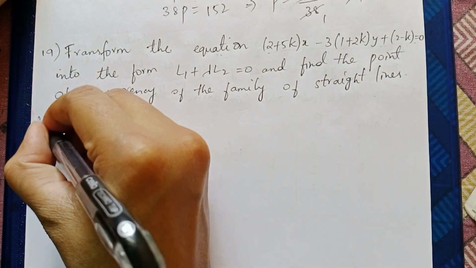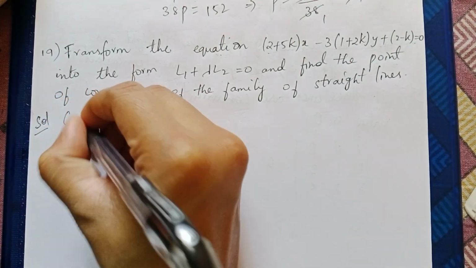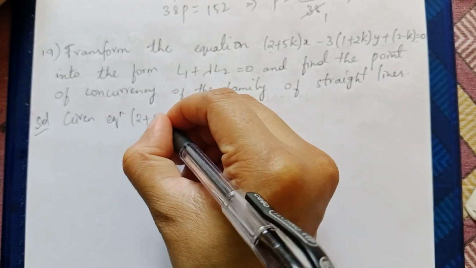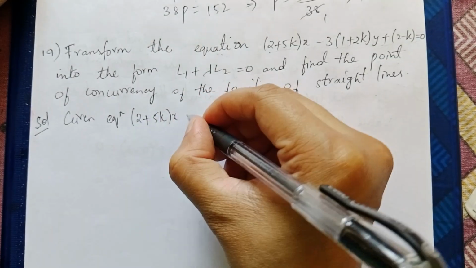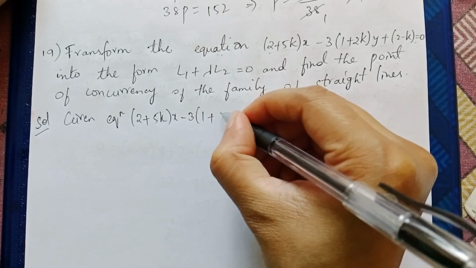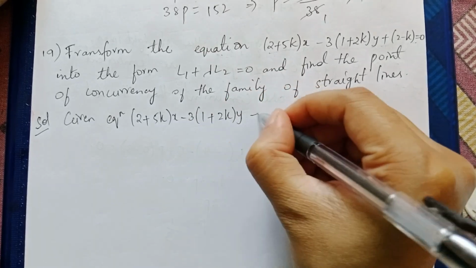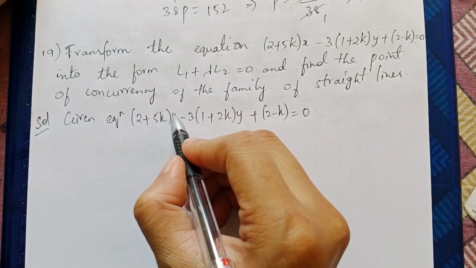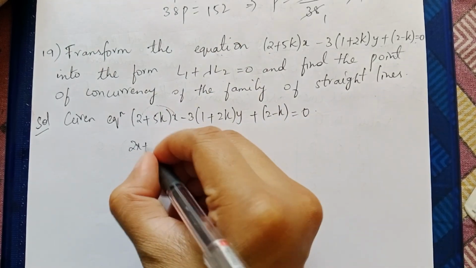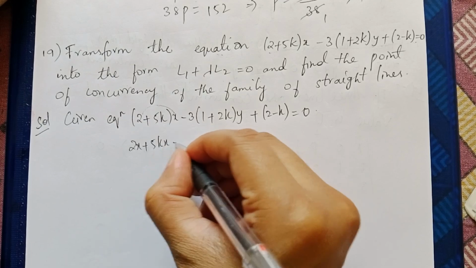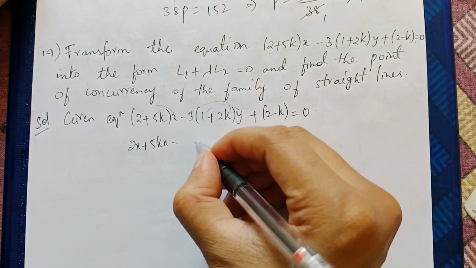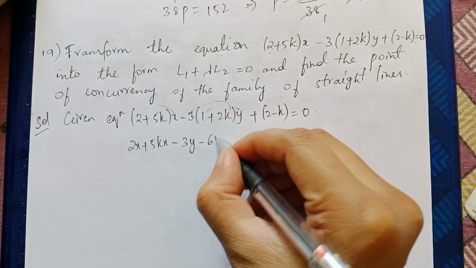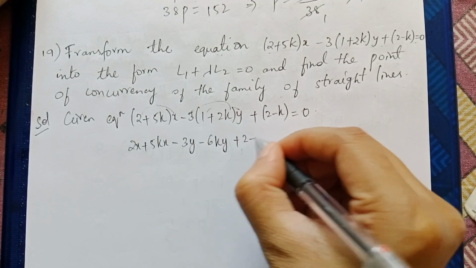Okay, solution, the given equation is (2 plus 5k) into x minus 3 into (1 plus 2k) into y plus 2 minus k equals to 0. Okay, multiplying the x term inside, so it is 2x plus 5kx minus 3y, and minus 3 into plus 2k, so it is minus 6ky